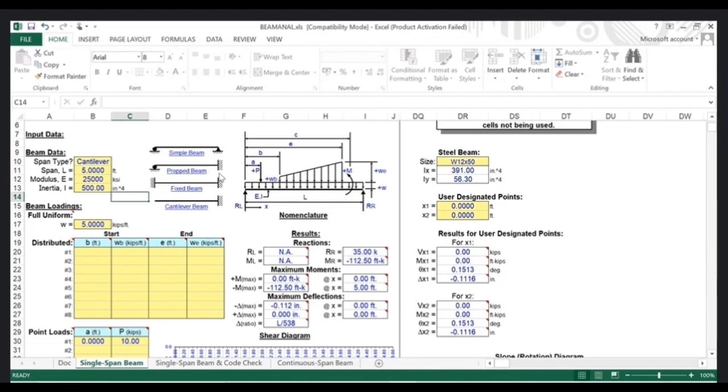So from the analysis point of view, if we want to decrease our moment, we can change the beam pattern, like cantilever to the prop cantilever. This will depend on the analysis. But at the design part or on the site, as per the requirement, we can use a different kind of section, so we can reduce this one.